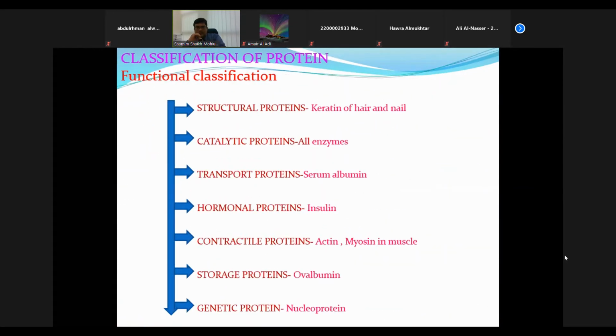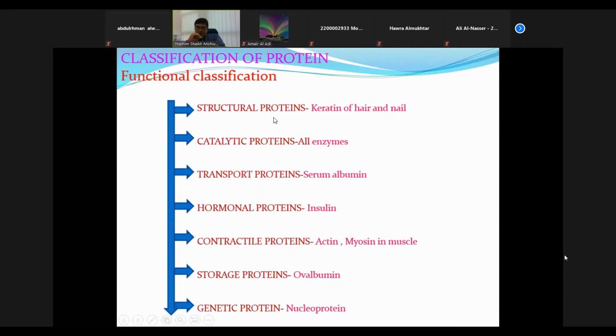Okay, till now I told you about amino acids and the structure of protein. Now come to classification of protein. How is the whole protein kingdom classified? First come to functional classification. By the name only you can get the idea: the classification is made according to the function of proteins. Now number one is structural proteins.